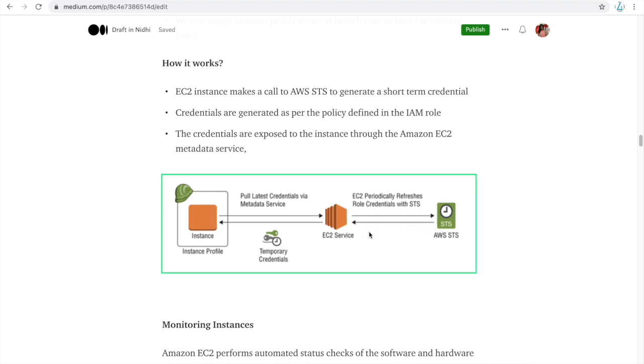The credentials are exposed to the instance through the Amazon EC2 metadata service. Like I have said, you can use those metadata services for anything. So it pulls the latest credentials via the metadata service. This is how you can provide the credentials on your EC2 instance, which can be used by your application to do anything.